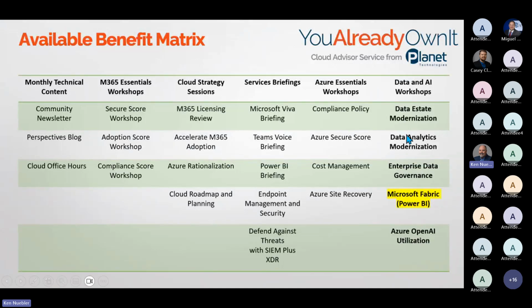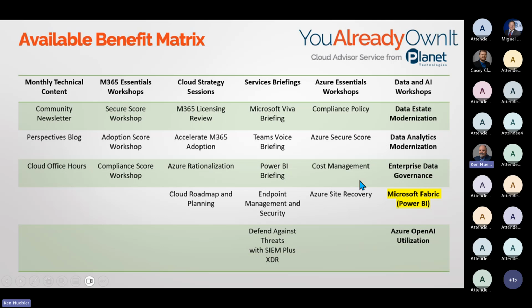I wanted to highlight this last column over here. A lot of the things we talked about today, we go into details. Miguel does a lot of these himself. Data estate modernization is all about getting your SQL servers moved to Azure in a PaaS solution. We talk about some cost reductions there possibly for you and some freeing up of resources, why you'd want to do it, that kind of thing. Data analytics modernization, we talk about Azure Synapse and an intro to Fabric.